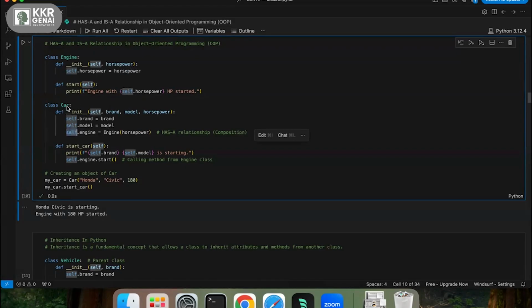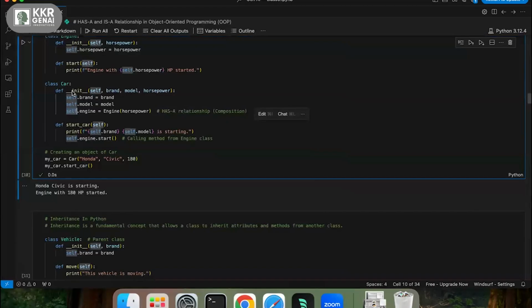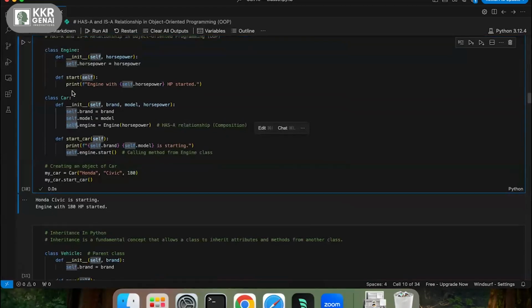So this is the has-a relationship, a classic example where car has a relationship with engine.